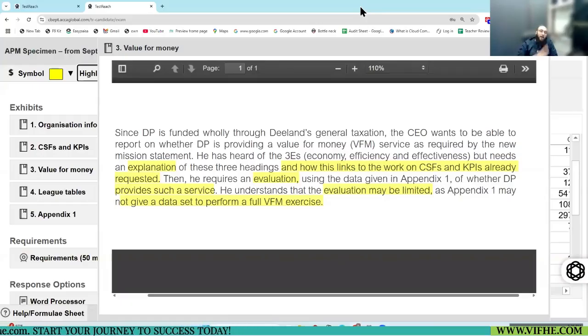How many marks do you need to pass in this part? 7. Wow. Imagine, 14 mark requirement, 7 you need to pass, 6 you can grab so easily. Done.